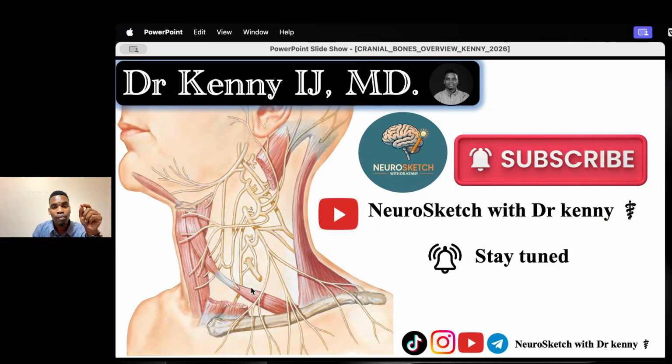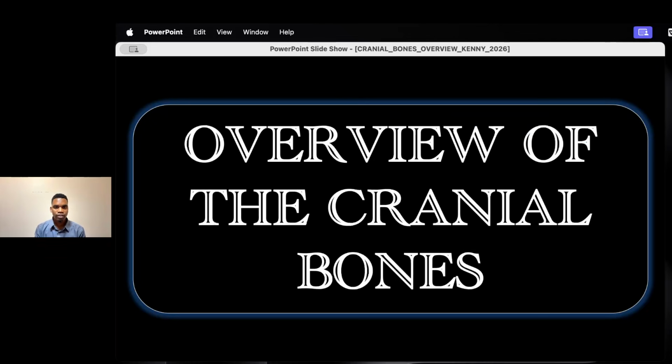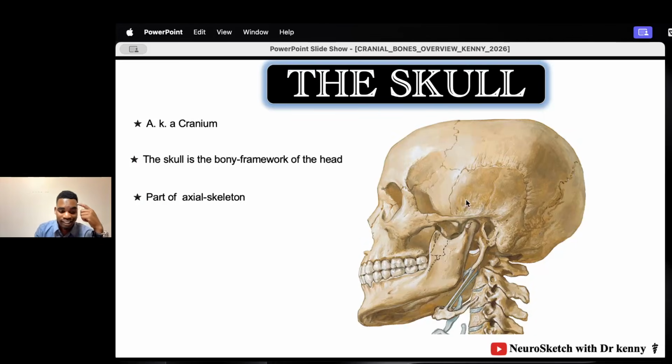And what a beautiful moment this is to have an overview of the bones of the cranial cavity. So the cranial bones is the topic of discussion today. But before we dive into details of the cranial bones, it's always nice to go back to square one, to discuss the skull, the bony framework of the head. So the skull is also called cranium, and is the bony framework of the head, and is a part of